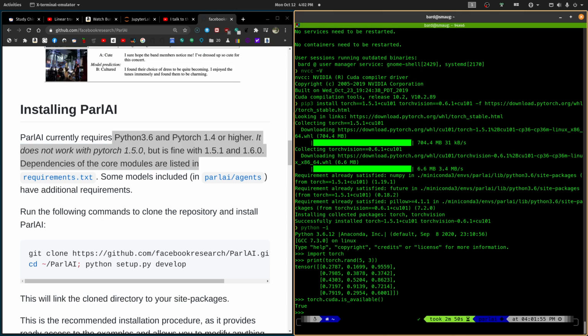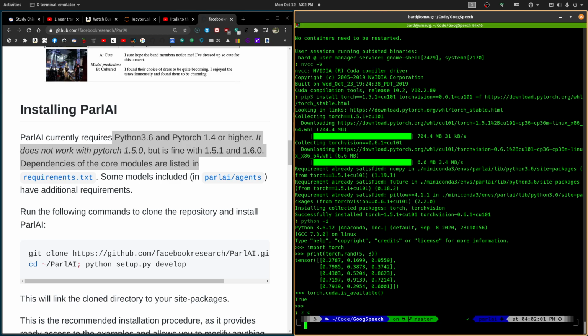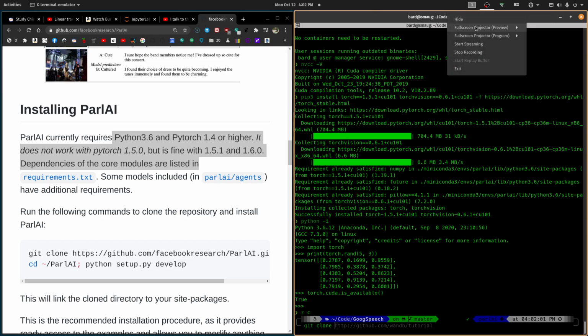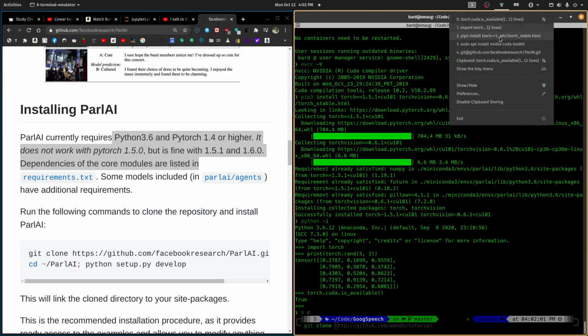And I'm going to go over to the code directory here. And I'm going to do a git clone. Hopefully this is still up here in the clipboard. Here it is.